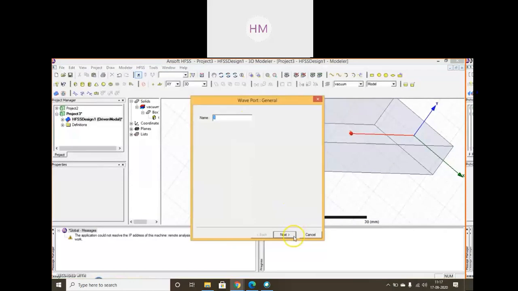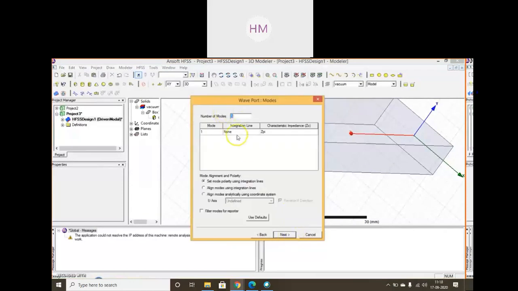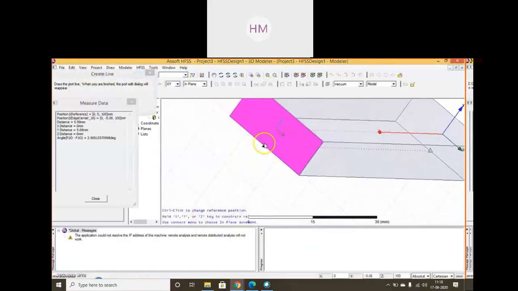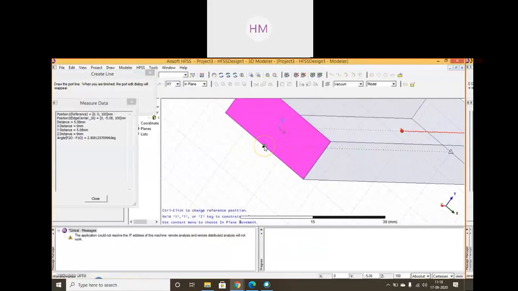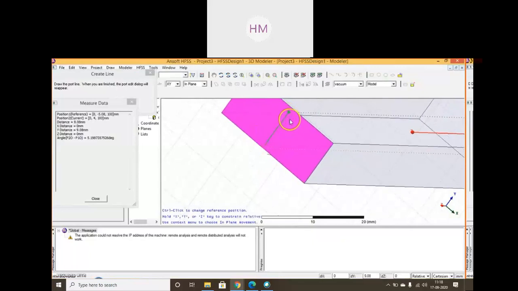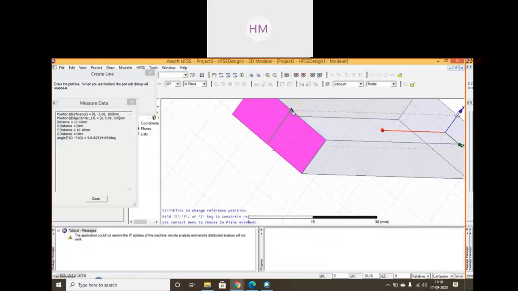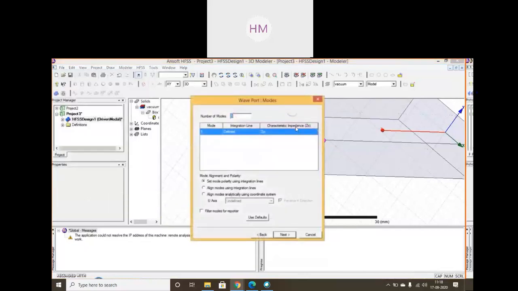We will click new line, port 1. We are designing one line to give the input signal, wave port signal, and we will select the center of the front face. How will you know the center? As soon as a triangle symbol appears there, it will tell you the midpoint. So I have selected the midpoint of the front face of my rectangular waveguide to design my wave port. So I have assigned the wave port over here.